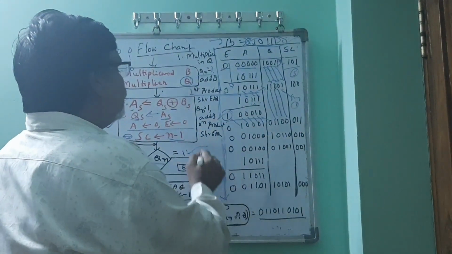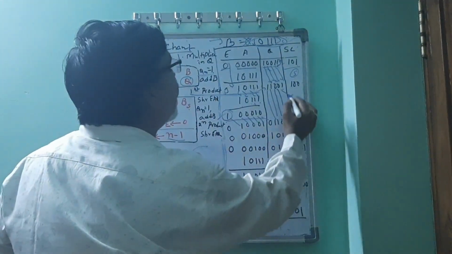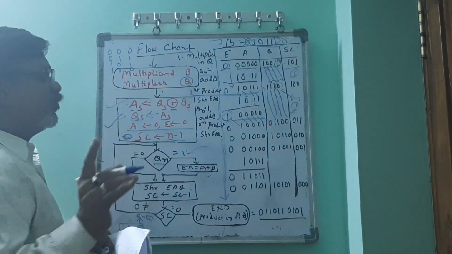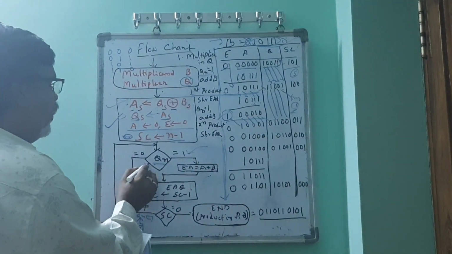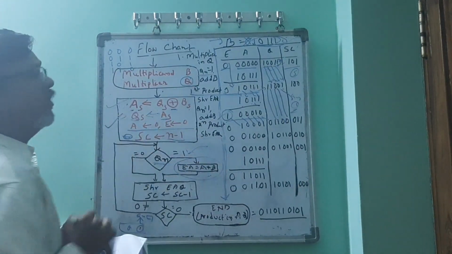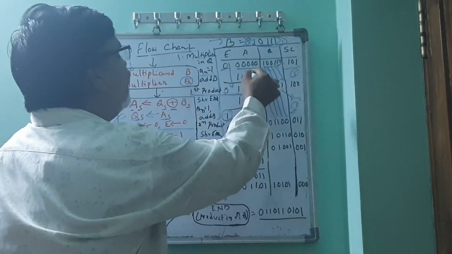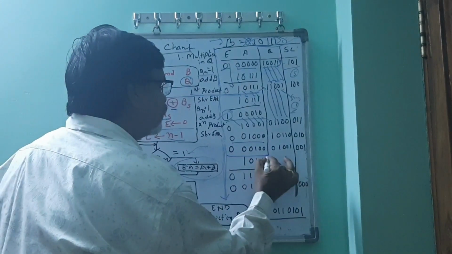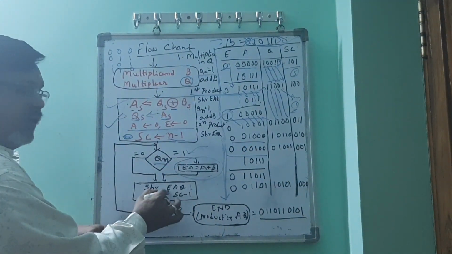Fine. After that, we go for checking the Qn value. Now the Qn value here will be 0. When the Qn value is 0, we do nothing. Simply see Qn is equal to 0, this operation we need not perform. So how many times will the addition be done here? Three times. The remaining times we simply shift right, without performing the addition, we are shift-right the EAQ.